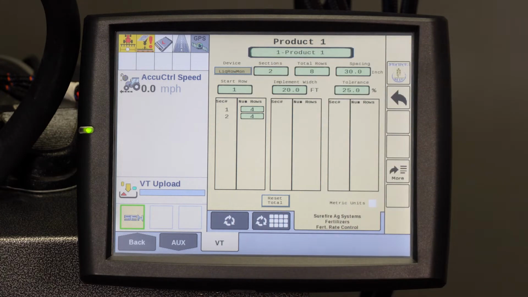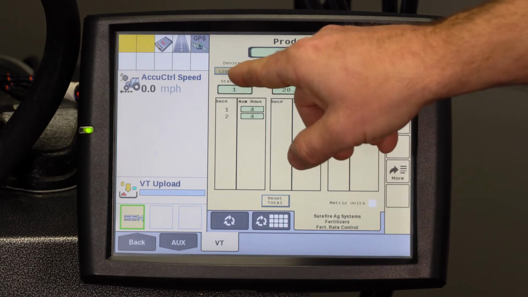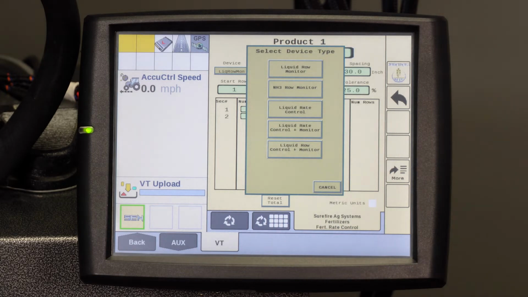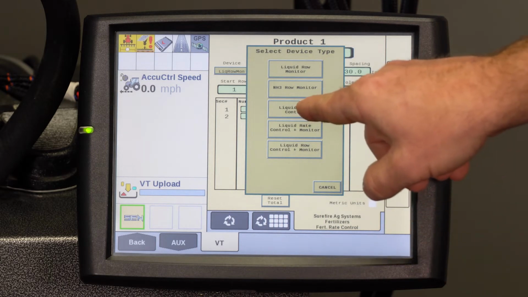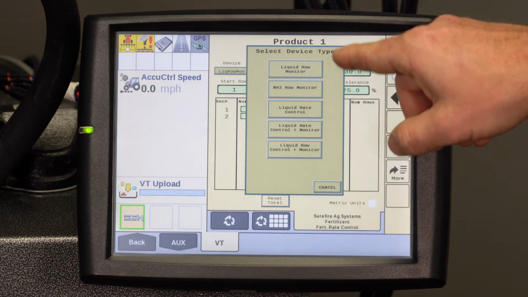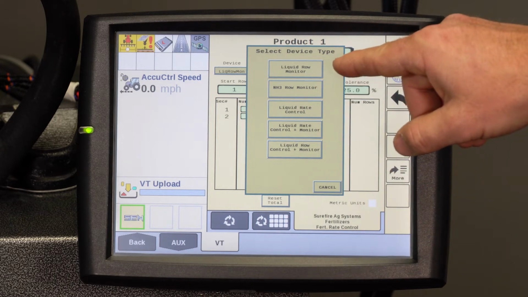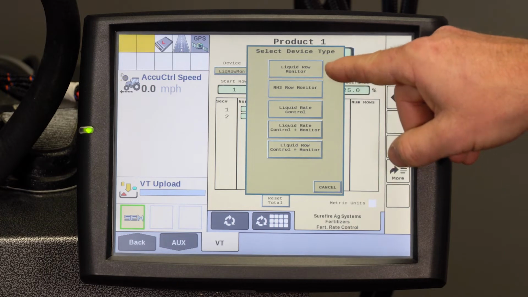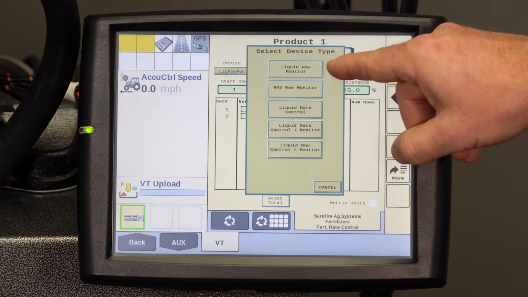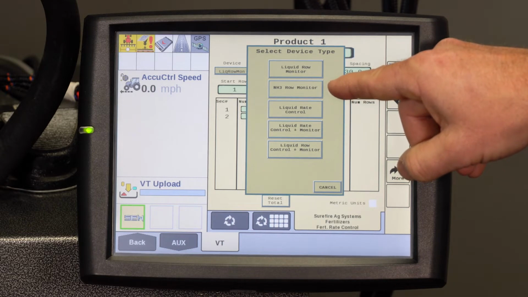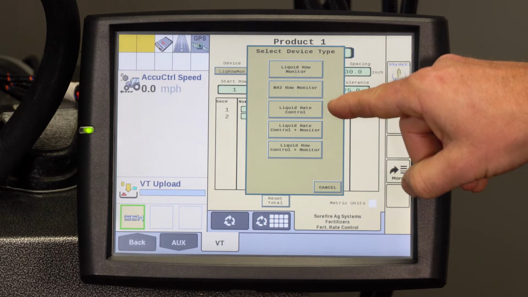Currently, as default, liquid row monitoring, or the legacy Sentinel liquid row monitoring only, is available. We're going to touch this box and change it so that we can do liquid rate control. You'll notice that as being our third selection here. As we look at this list, we have liquid row monitoring, which is the ISO Sentinel liquid row monitors only, no rate control. NH3 row monitoring, which is for anhydrous ammonia. Liquid rate control, which is just